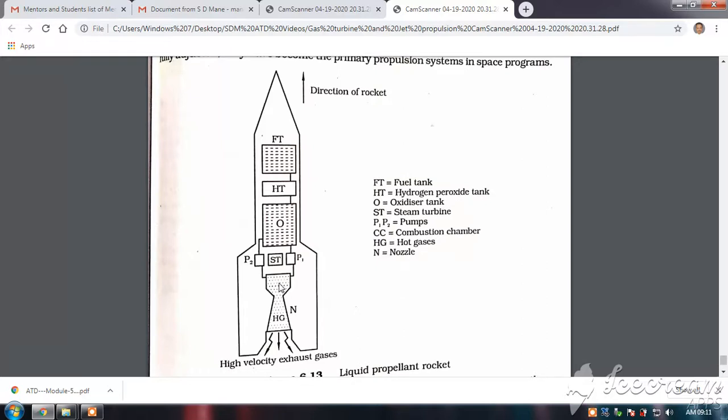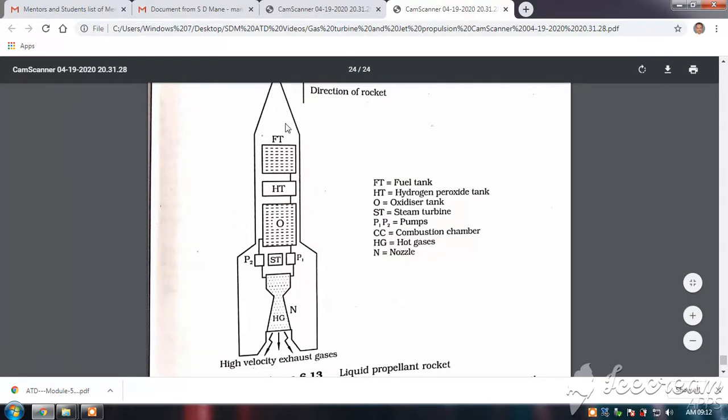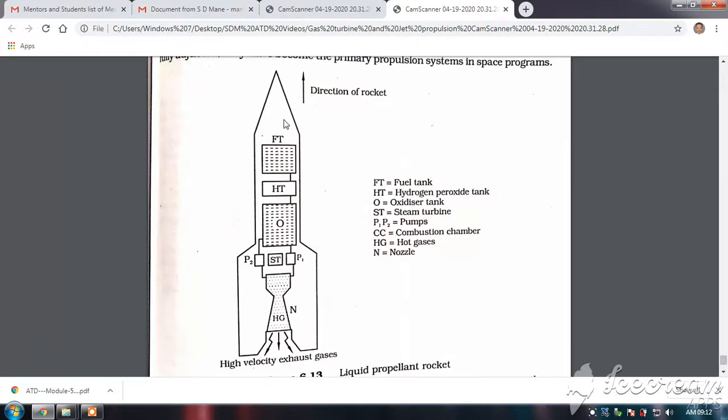When the pressure further increases due to the combustion, the gases are passed out through a nozzle, and in this nozzle the high pressure gases are converted into low pressure but high velocity. The high velocity exhaust gases are sent out, and these high velocity gases going out produce the opposite thrust or reaction for the rocket. So they are called reaction engines, and that is why these are called rocket engines, and they carry their own oxidizer, which can be liquid oxygen, and they carry their own fuel. Our turbojet and turboprop also carry their own fuel.